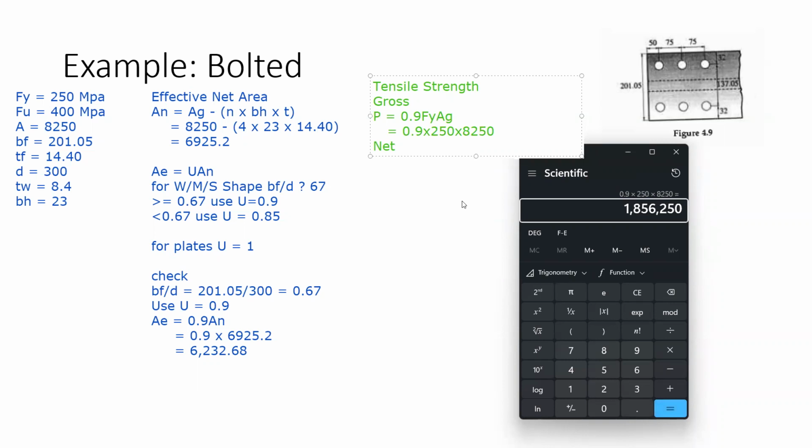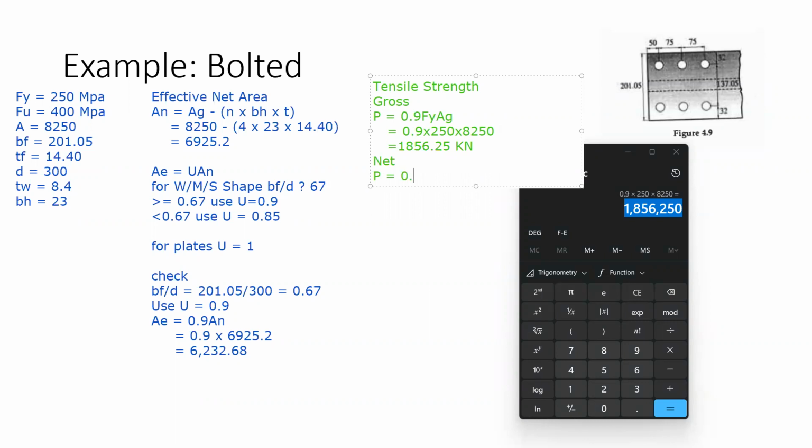So the P when it comes to our gross area is equal to 1,856,250, or this is simply 1,856.25 kilonewton. And then for our net,